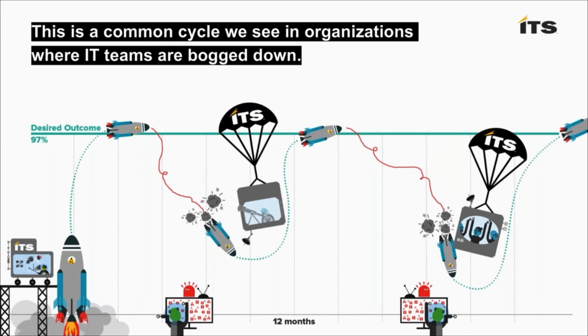And what ends up happening is we see this downward spiral where the initial desired outcome is no longer being reached. Things have changed, resources have shifted, and you're no longer necessarily able to manage whatever that system is the way that you have traditionally done. So you ask a partner to come back in: hey, come help us again. Cool, we do that, and we get you back up to where you need to be.